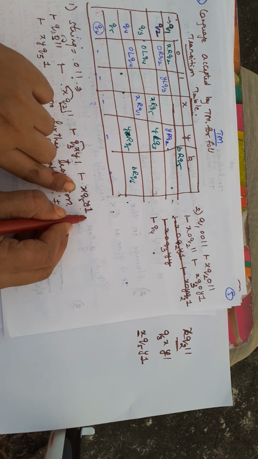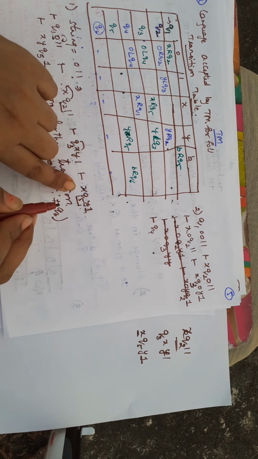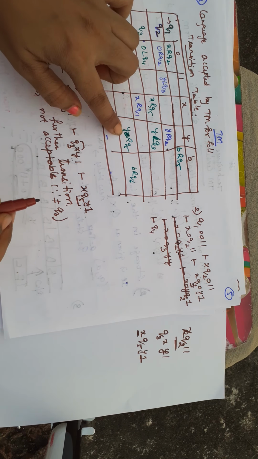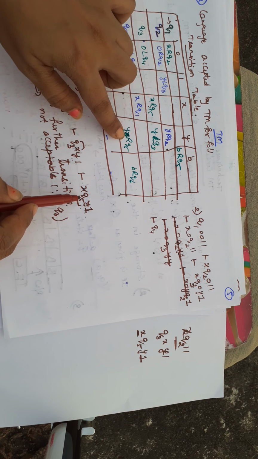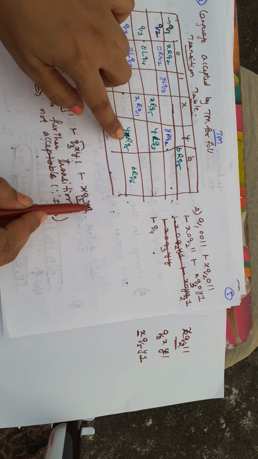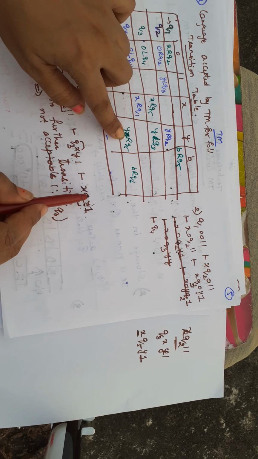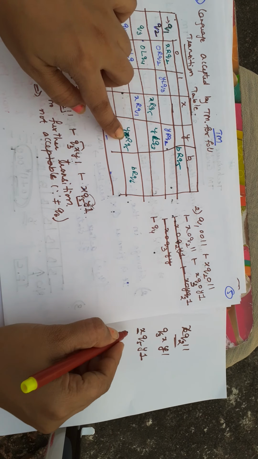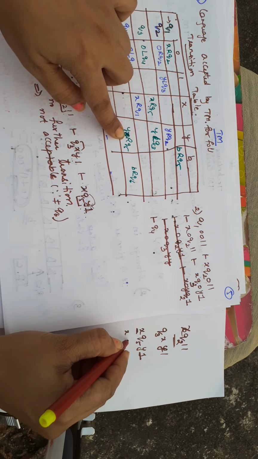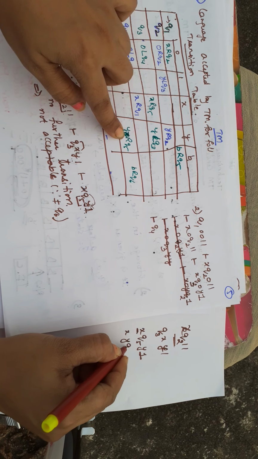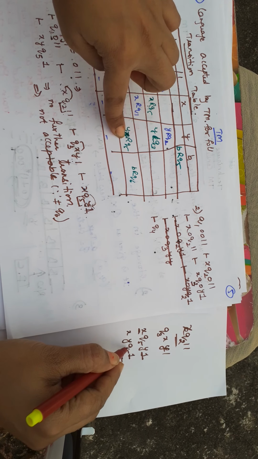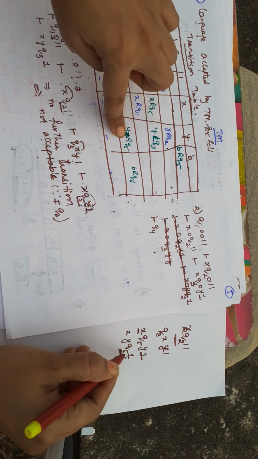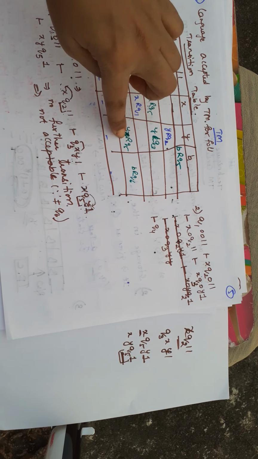Then X Q5 Y 1, Q5 with Y. The transition given to us is Y R Q5. That is, Y will be Y only, Q5 will be Q5 only, but we have to jump over the right side symbol. The right side symbol of Q5 is Y, so Q5 will jump over this Y. After Y, Q5 should be written. This X has no change. Now after Y, Q5 will come, and this is our next transition. Now again check: after the state, if there is a symbol, we have to do the same process again.